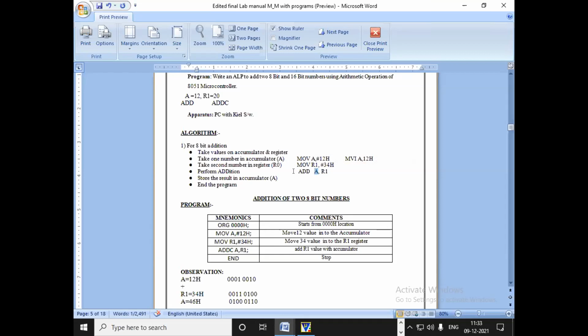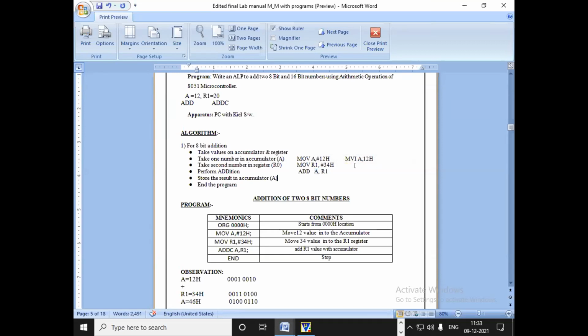So this is the restriction of your 8051, or you can say the limitation of 8051. All the addition, arithmetic and logical operations are done with the accumulator. So for addition, subtraction, rotation and ANDing, we require the accumulator. Without the accumulator, we can't do the instruction.